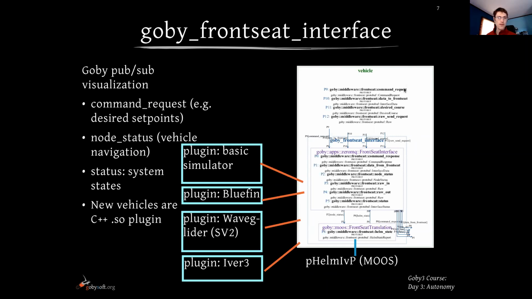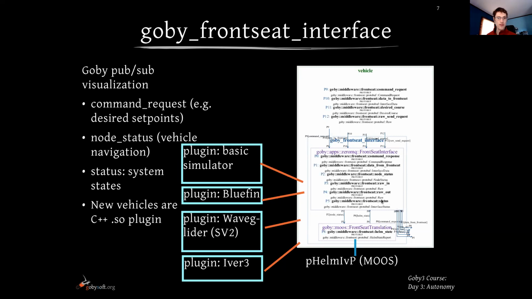This is where those desired set points come in from the helm, like heading, speed, depth. And the main publication is this node status, which is going to be given the vehicle's estimated position and navigation data. That is used by a lot of the payload systems to know where the vehicle believes it is, its depth, its pose, like pitch, heading, roll, things like that.